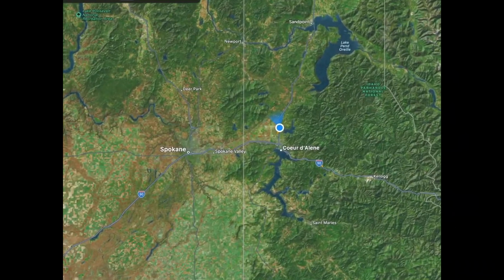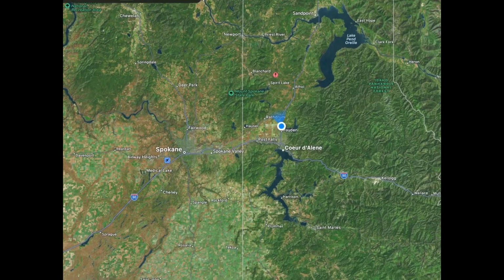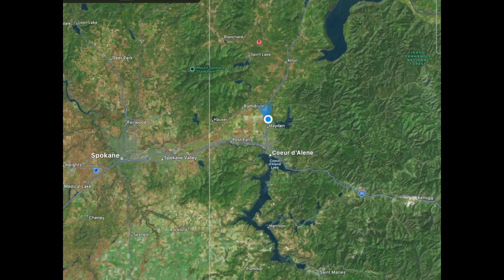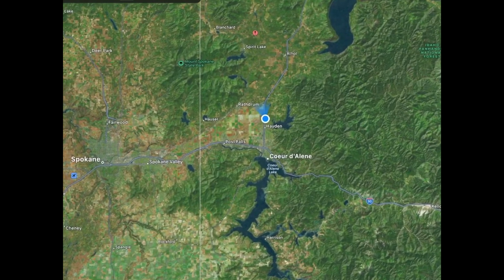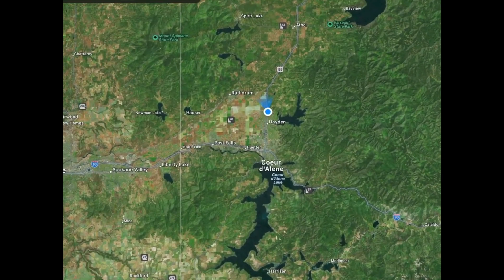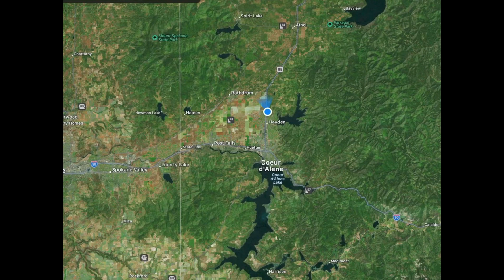Coeur d'Alene is one of the most well-known cities in northern Idaho besides Sandpoint. It is located at the top of Coeur d'Alene Lake and currently has a population of just over 56,000 people. It is currently the 7th largest city in Idaho. It spans over 17 square miles and is at an elevation of